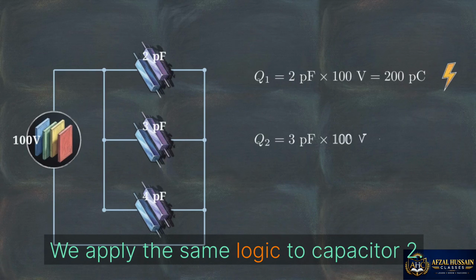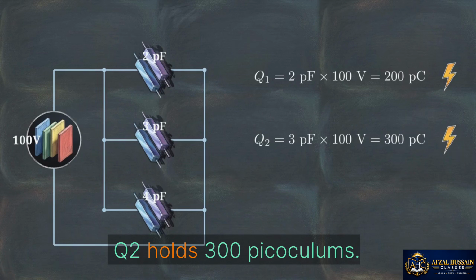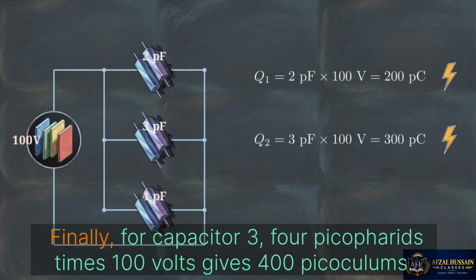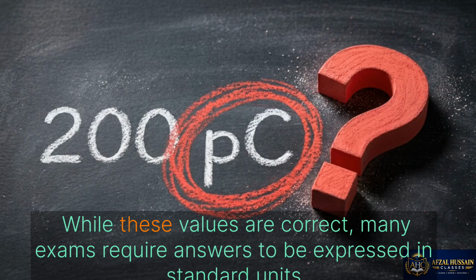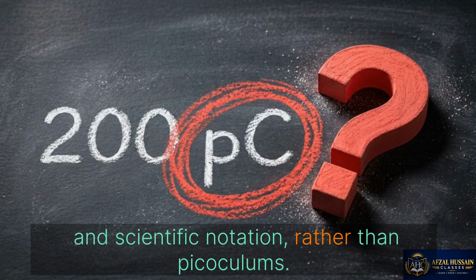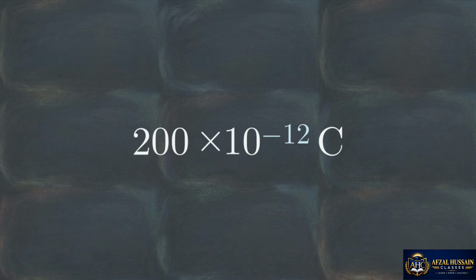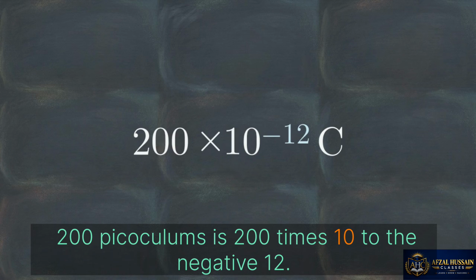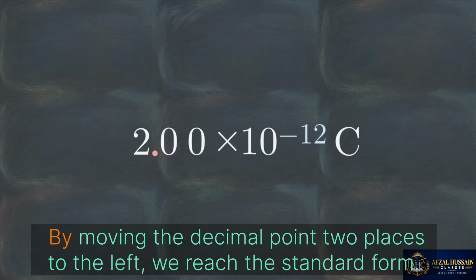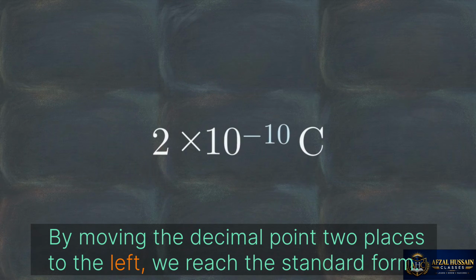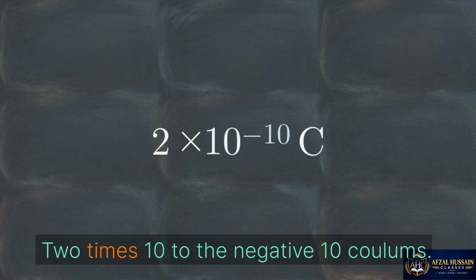We apply the same logic to capacitor 2. Q2 holds 300 picocoulombs. Finally, for capacitor 3, 4 picofarads times 100 volts gives 400 picocoulombs. While these values are correct, many exams require answers to be expressed in standard units and scientific notation rather than picocoulombs. Since pico represents 10 to the power of -12, 200 picocoulombs is 200 times 10 to the -12. By moving the decimal point 2 places to the left, we reach the standard form, 2 times 10 to the